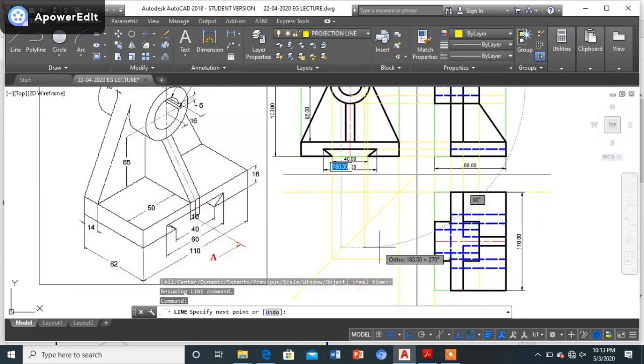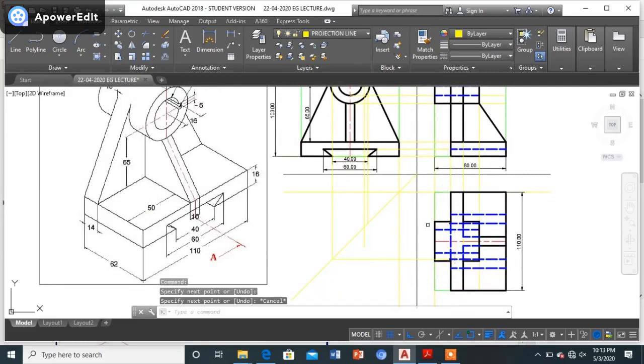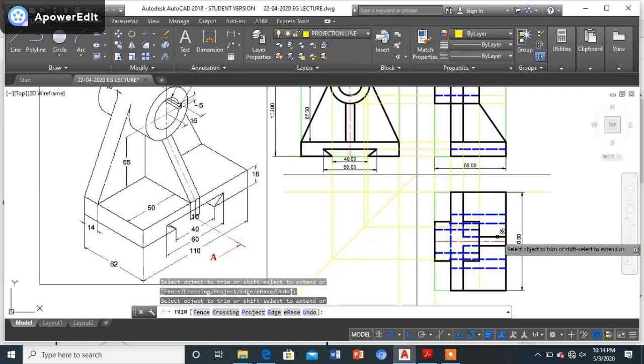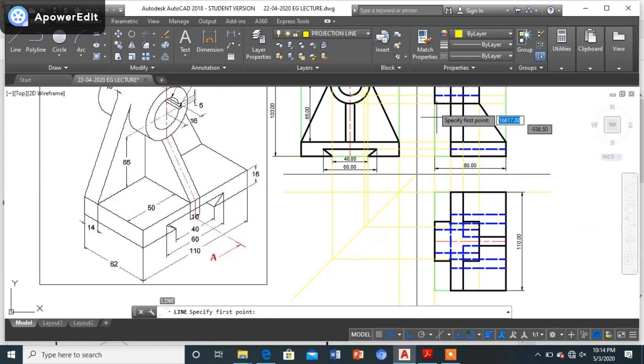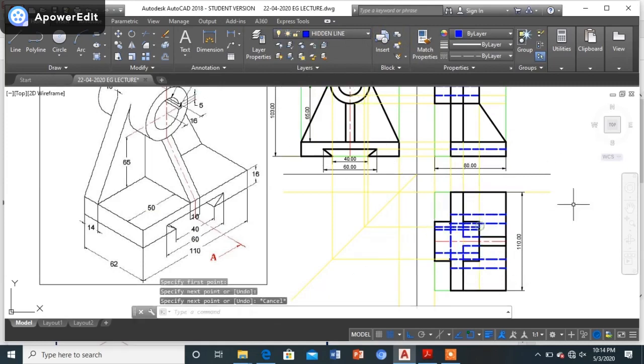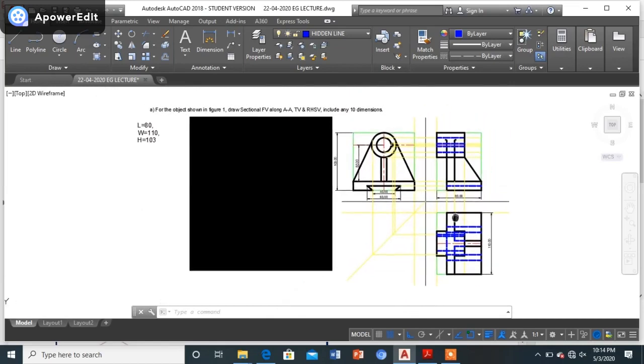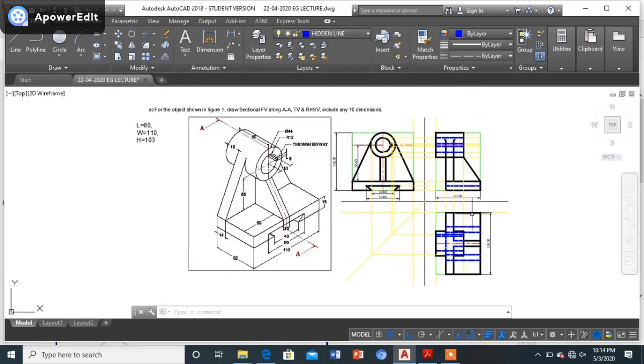Only from here I'll be getting a projection like this, and then from this particular line I'll be getting a line from here and it will be extended like this. So simply I have extended it. Now as you all can see, this particular line has to be drawn as a hidden line over here. So from here till here it will be a hidden line. Okay, so once we are done, this is all what I can see is the hidden line over here.